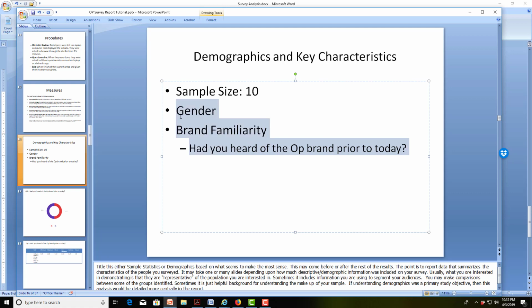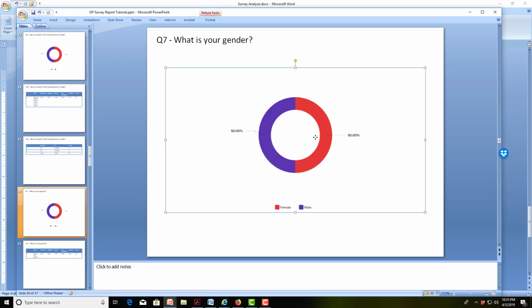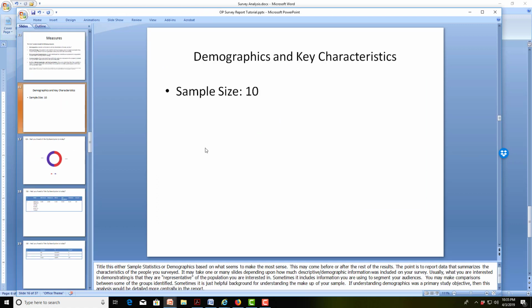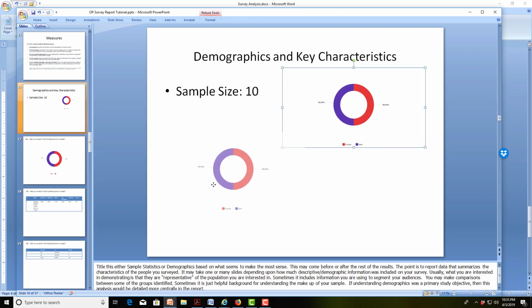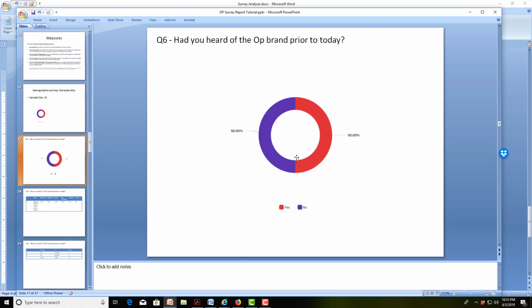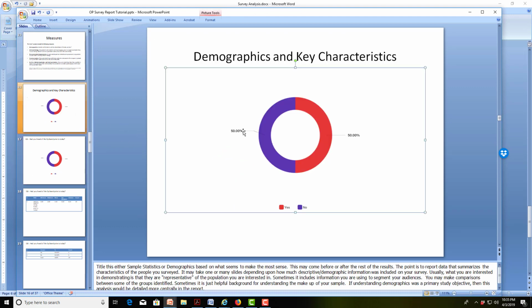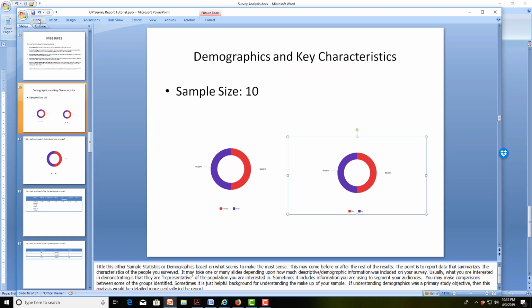Now I'm going to get rid of this because I know what I need to put in. And I'm going to go down and add in these pie charts, circle graphs. So this is for gender, and this one is the brand familiarity. So I'm just copying and pasting at this point so I don't lose anything, and I'll clean it up in a little bit. So I've added in these charts, and then you'll want to add some labels, and you can do that by inserting a text box,